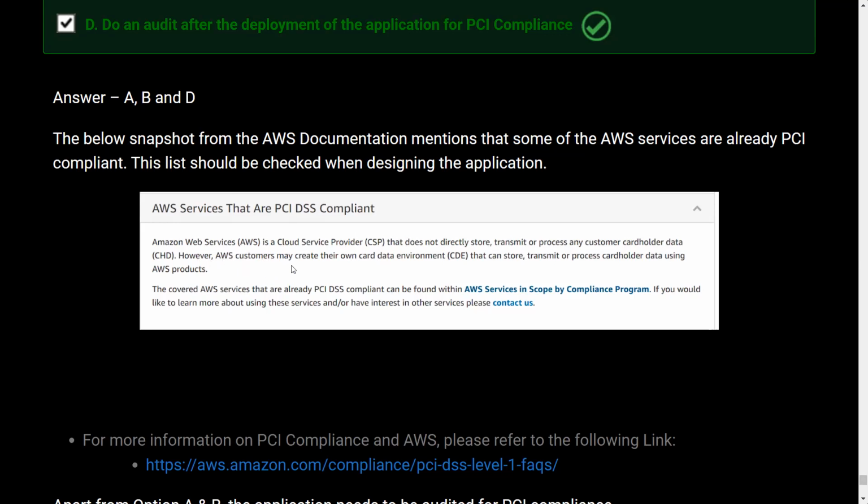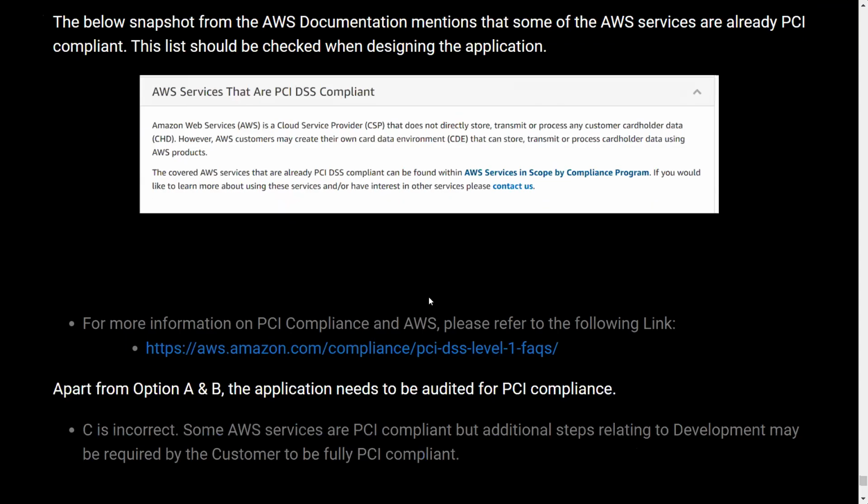However, AWS customers may create their own card data environment that stores, transmits, or processes cardholder data. The covered AWS services that are already PCI DSS compliant can be found within AWS services in scope by compliance program. If you would like to learn more about these services or have interest,